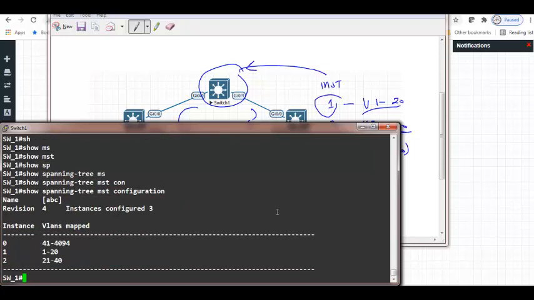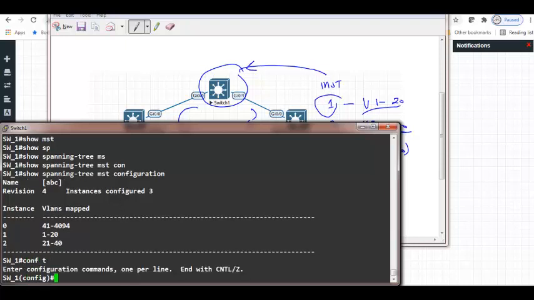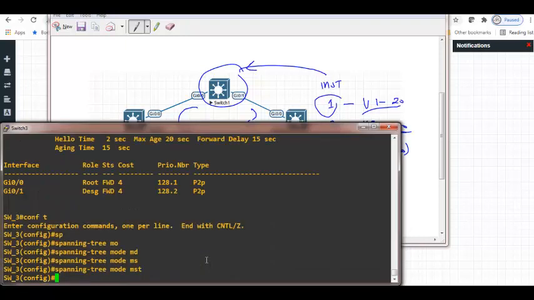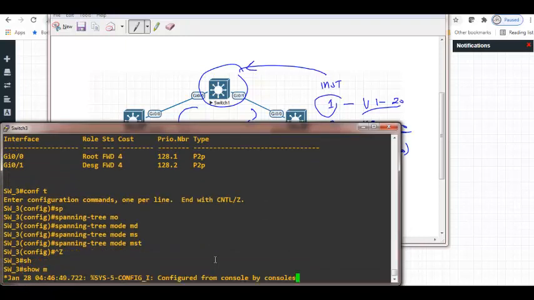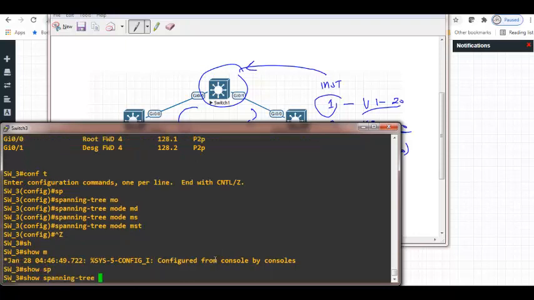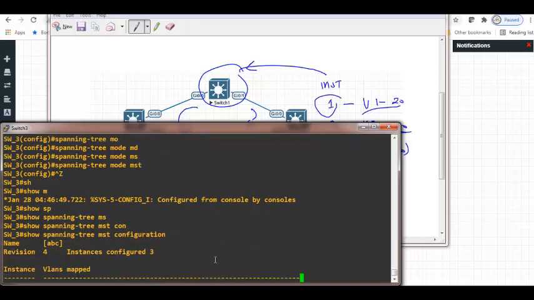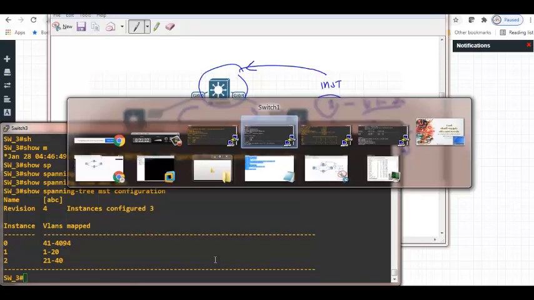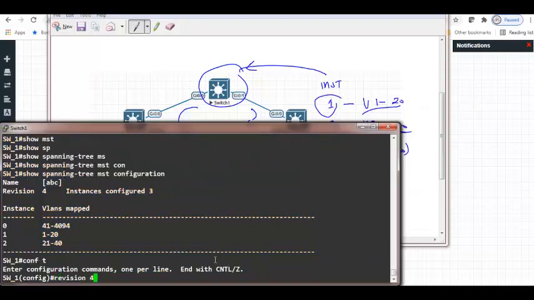Oh, still it is not removed. I think I made some mistake in the revision number. I need to increase. What about the revision number of the other device? Oh, the other device is also at 4, so I need to say here